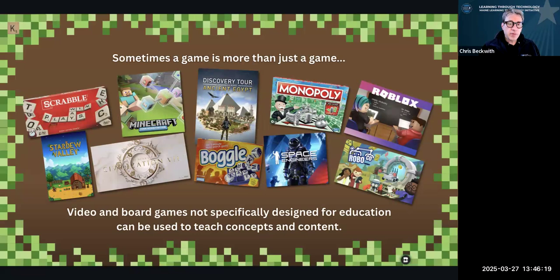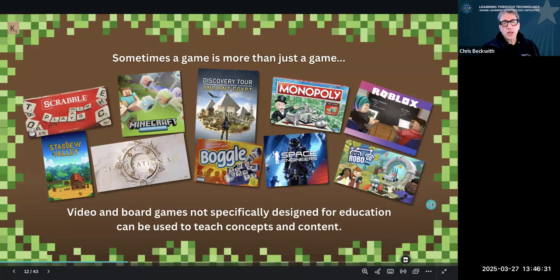And kids can play these games and learn the content that you want to get across, and the engagement's going to be through the roof. So some of these images show some classic board games that we all know. If you're using Scrabble or Boggle, teaching vocabulary, Monopoly, teaching math and just basic budget skills, and a lot of those others there. I'm a gamer, so a lot of these I've played and poured hours into. There's taking tours in ancient Egypt. We'll go into Minecraft in more detail later.